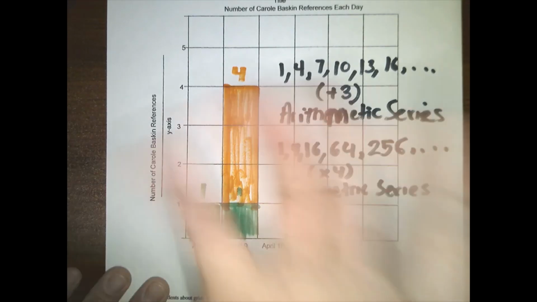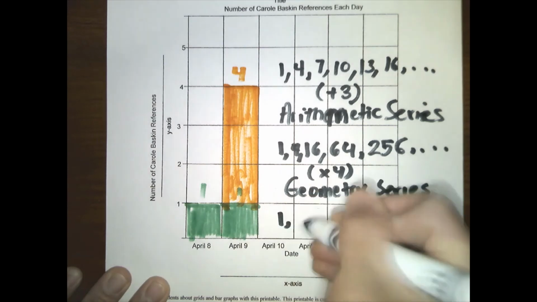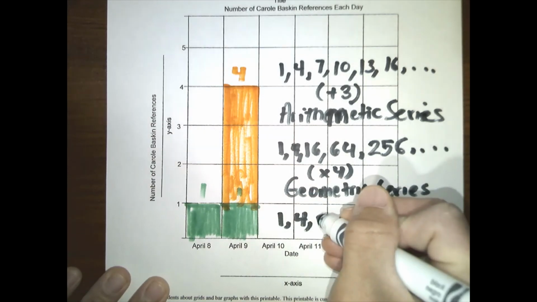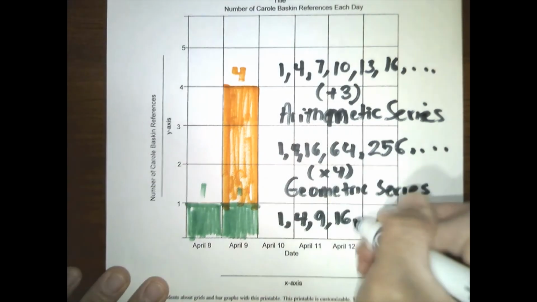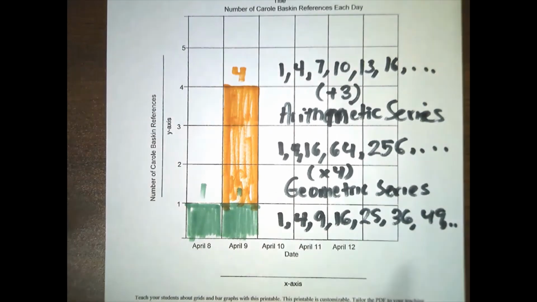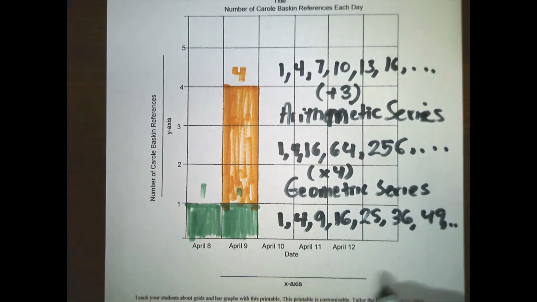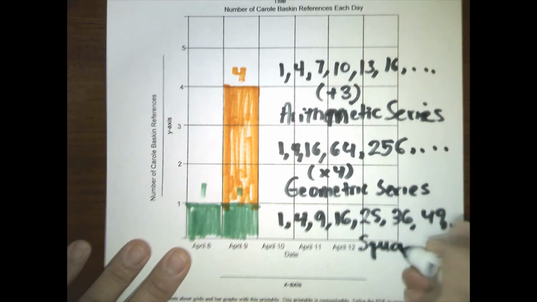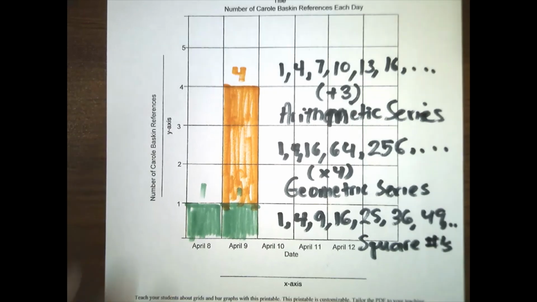Alright, and let's say I have a 1 and a 4, and then a 9 and a 16 and a 25 and a 36 and a 49. Maybe I am just using the square numbers to model how many Carole Baskin references I'm going to make each day. So the one thing that I hope that you can see is that there's really no way you're going to find out how many Carole Baskin references I'm going to make every day